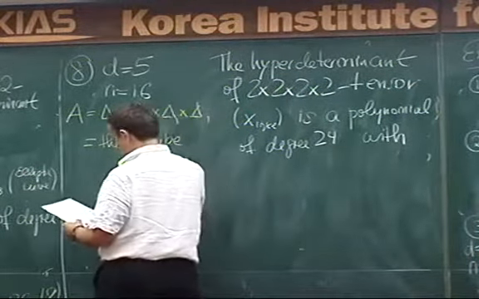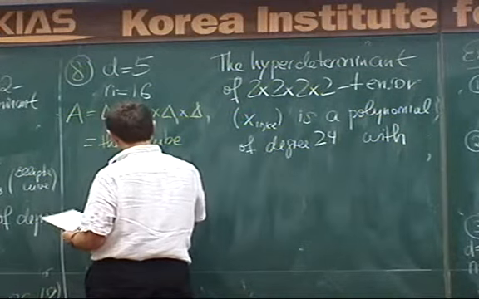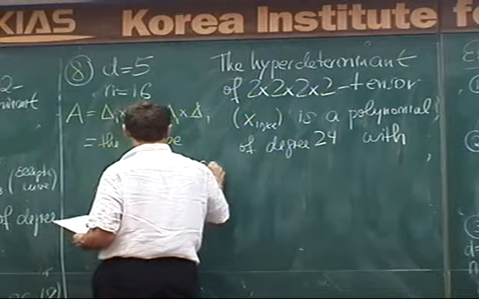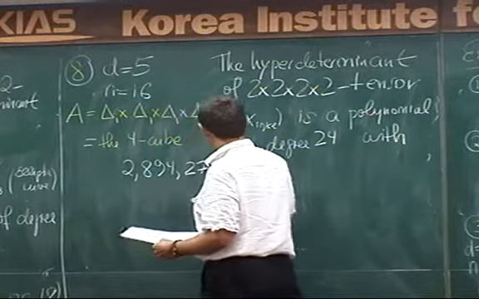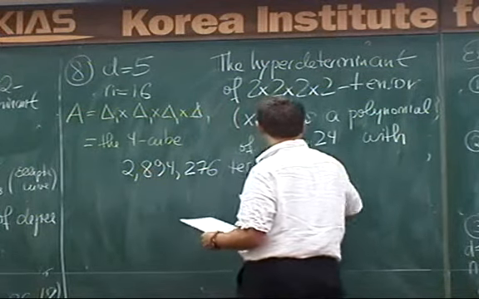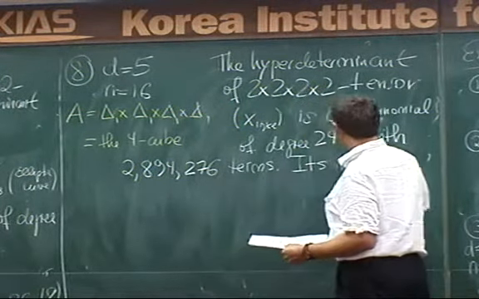It has 2,894,276 terms, and its Newton polytope